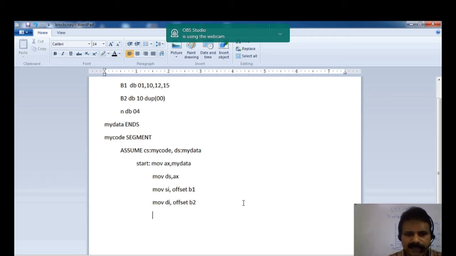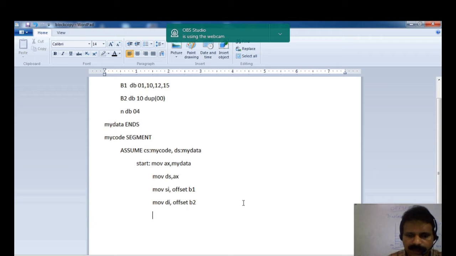Next, let us write the statements which will copy the values one by one from block 1 to block 2. For that purpose, I am using the instruction LOOP. It will iterate the statements until the CX register becomes 0. The value of CX will be decremented by 1 automatically.